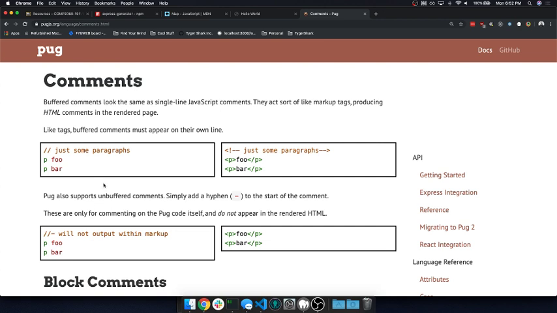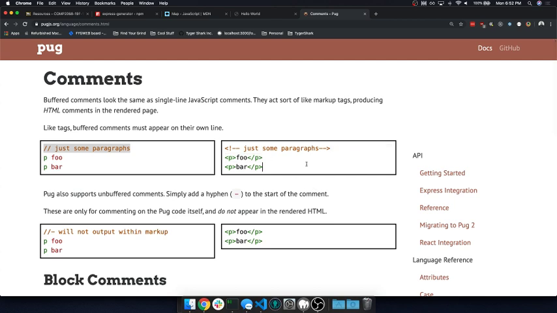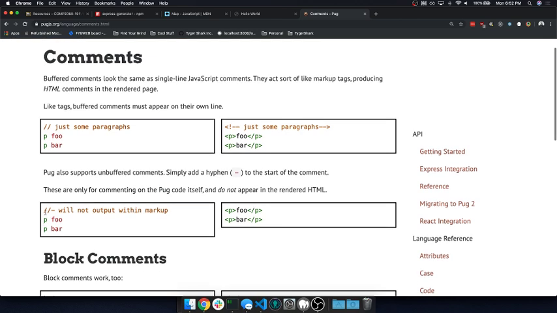So if we do our traditional // comment, what this actually does is it gets converted into an HTML comment. So that way we can just write our comments a little bit cleaner, but it does this, less than exclamation mark, dash, dash, just use some paragraphs, dash, dash, greater than. So this gets converted into an HTML comment. If we want to do a full comment where it does not show up in the source of our HTML, we use a // dash. So the same as a regular comment, just with a dash after,